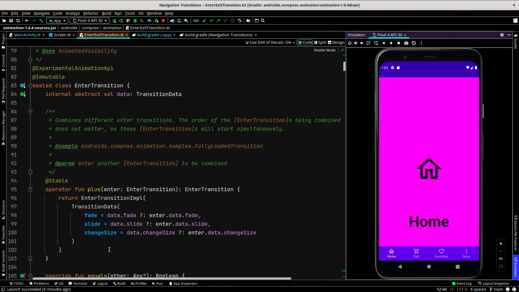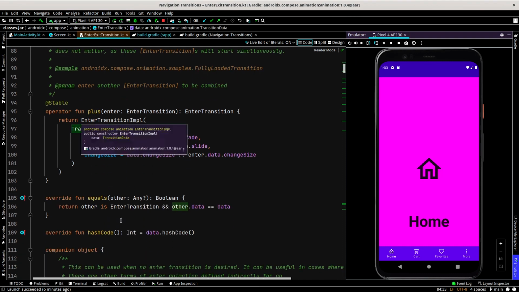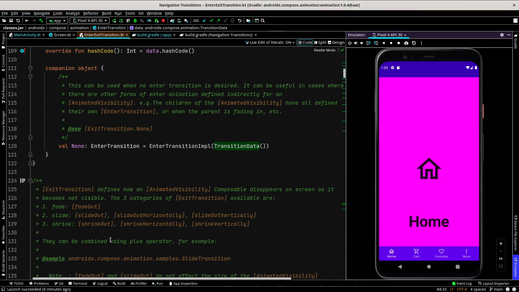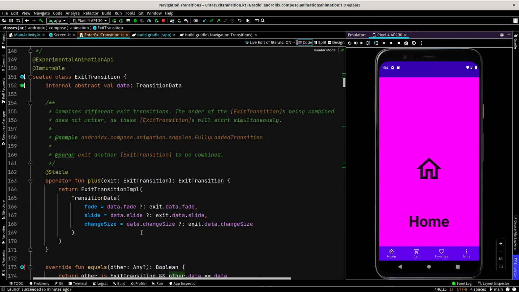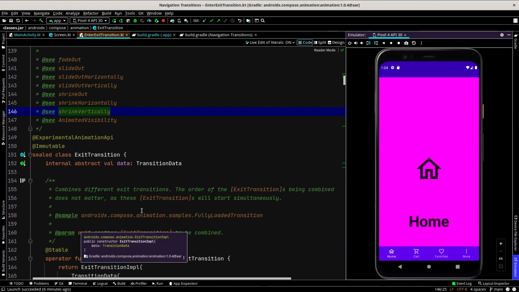And it also has different exit transitions: fade out, slide out horizontally, slide out vertically, shrink out, shrink horizontally, shrink vertically. They are very customizable and quite easy to use, so you can experiment with them and use them to your liking in your